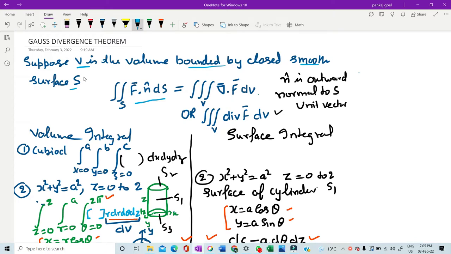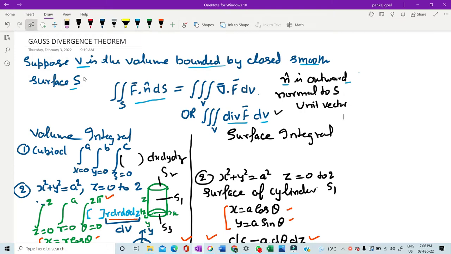And we can also write this as equal to the divergence of f dV, where n is the outward normal, the unit vector, to the given surface. Now first we define the volume integration and surface integration for some given